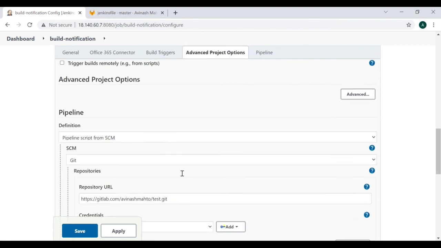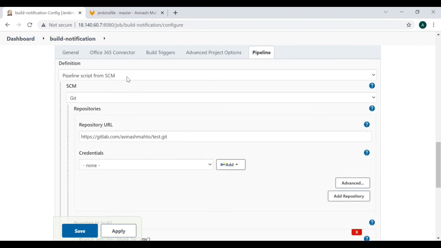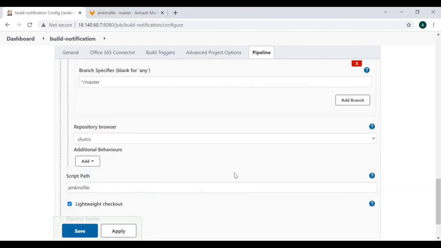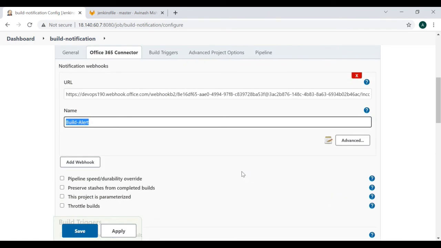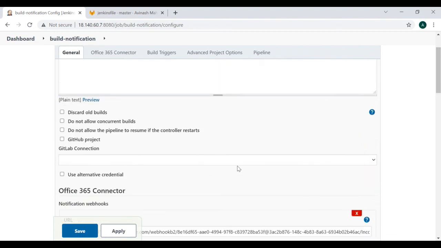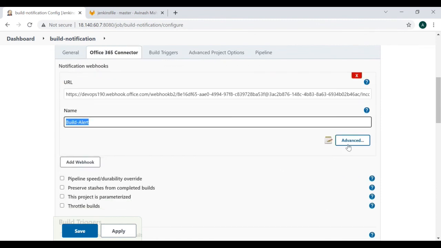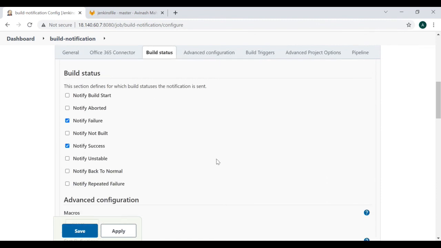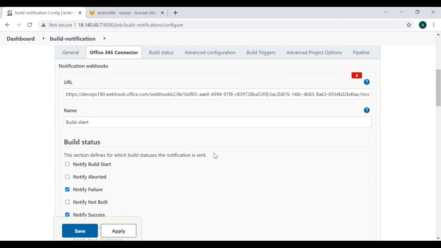And after that, the rest of the settings are as simple as you know for the pipeline. So in this way, you can manage your success and failure notifications, and you can add other notifications as well, as we have seen in the advanced options here. In such a way, you can manage the notifications of your job, whether it fails or succeeds, inside the Teams. And from there, you or your entire team can monitor the status of the particular job, failure or success.